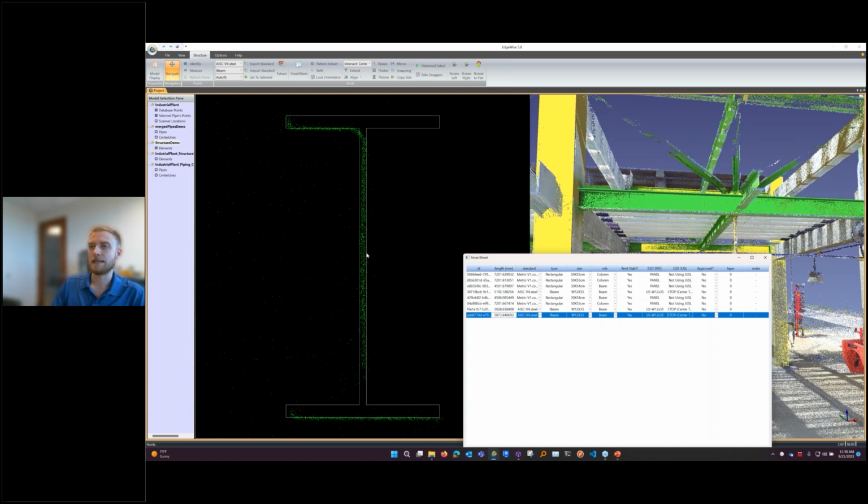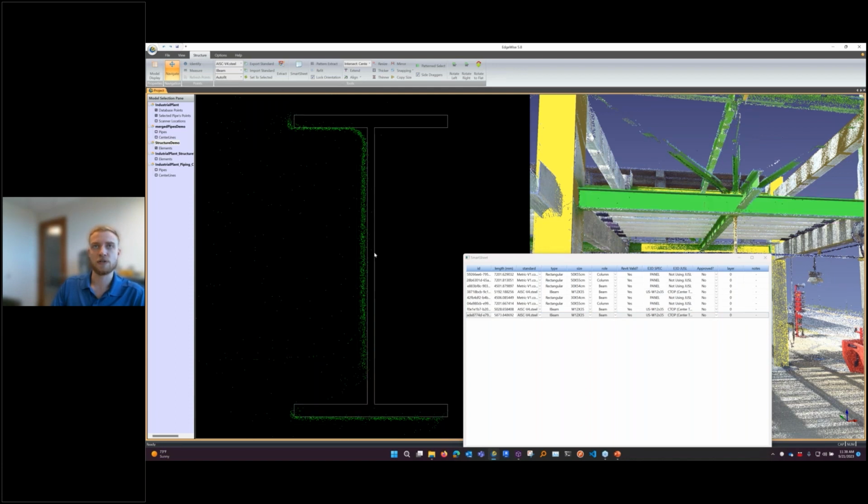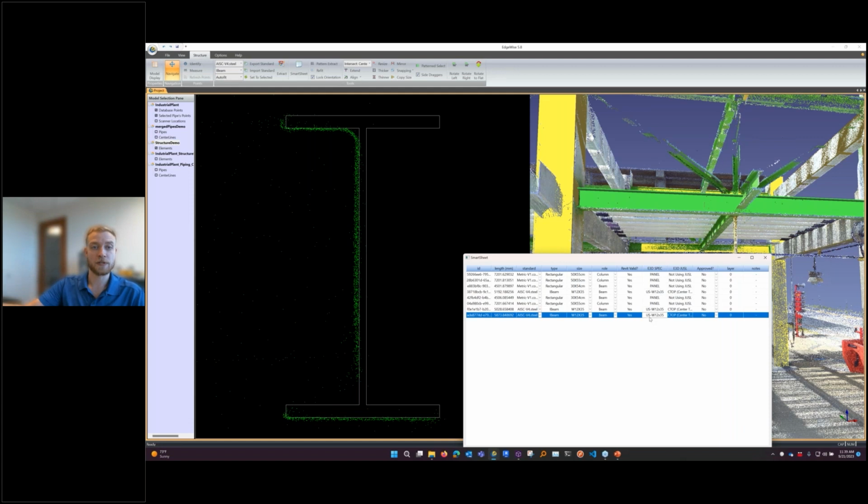And in this case, it's a pretty good fit, but I can grab this and I can tweak it. So I can move this around a little bit and make sure it's a good fit to the point cloud to get a good set there. So that looks good. And then the key here is that in E3D, I'm going to see, for E3D specifically, as long as I see this here, that's what's going to be the spec ref in my GenSec macro